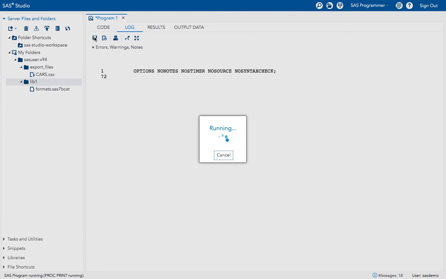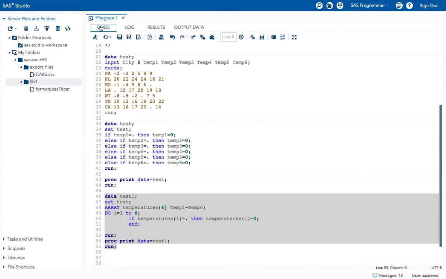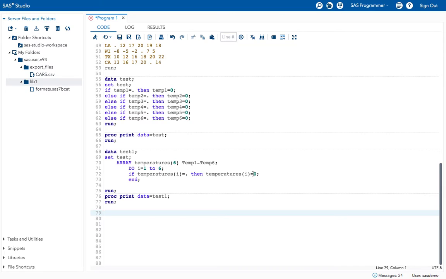See, this is the shortcut. I got the same result, right? Now I want to replace this missing value with the mean value of the remaining values instead of 0. I want to replace the missing values with the mean of temperature1 to temperature6.